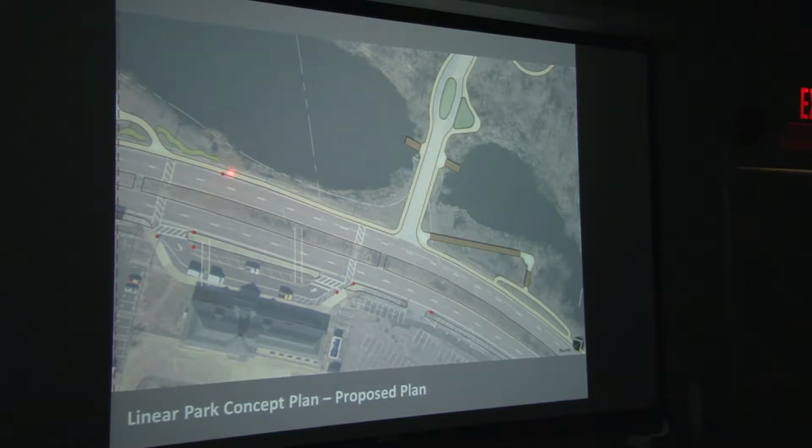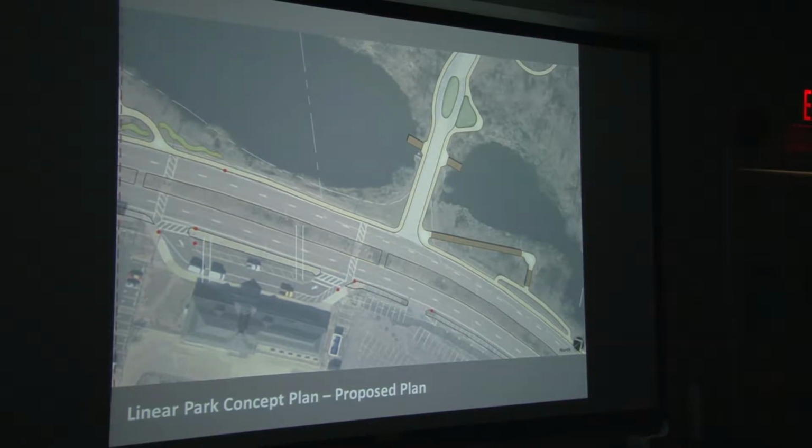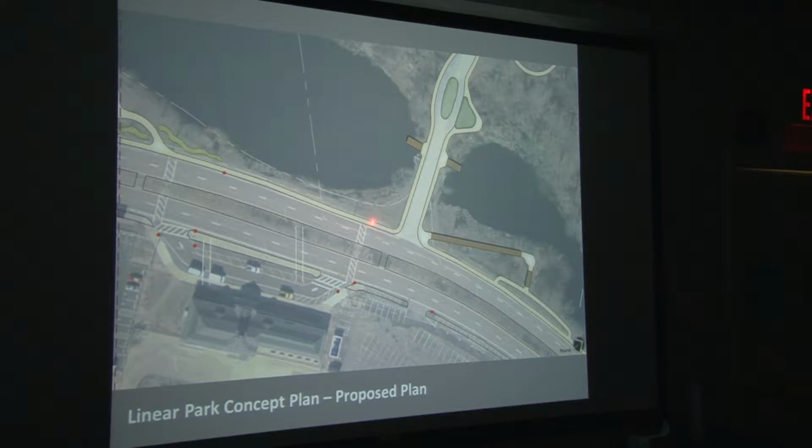But the concept would be to try to pick up even a drainage inlet here and bring it into a system so that we would be catching any of the stormwater that falls on the roadway and having the opportunity to treat it before it gets into the pond. But continuing the trail concept is working with the connections here across the street, but then looking at,